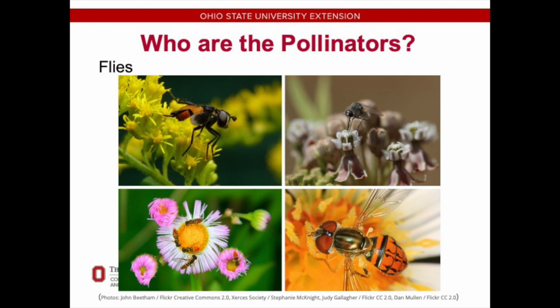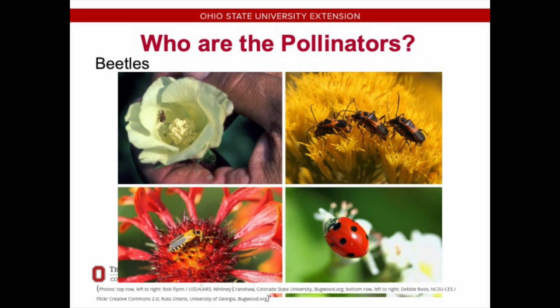Flies as well. Most people don't think about flies as being good pollinators, but they are part of the club. Beetles. I thought this was interesting when I was doing my research: I came across a quote that said beetles are the most diverse group of organisms in the world. Fossil records suggest that beetles, along with flies, were probably the first insect pollinators of prehistoric flowering plants in the